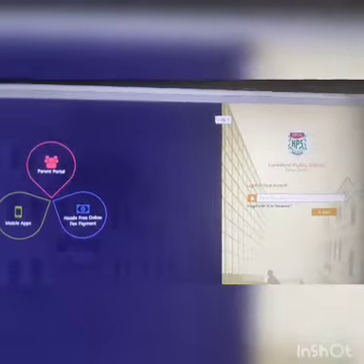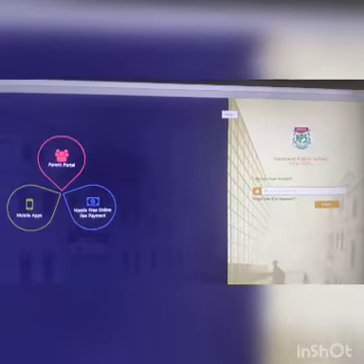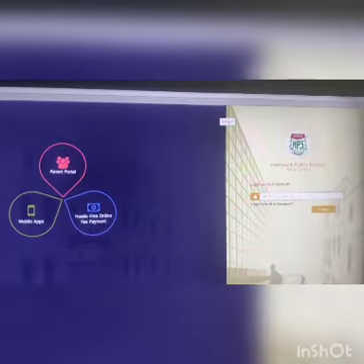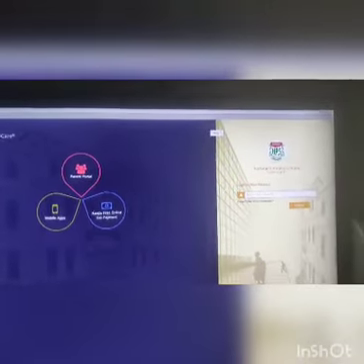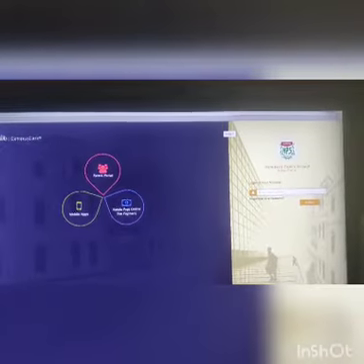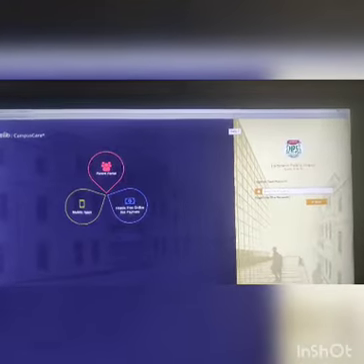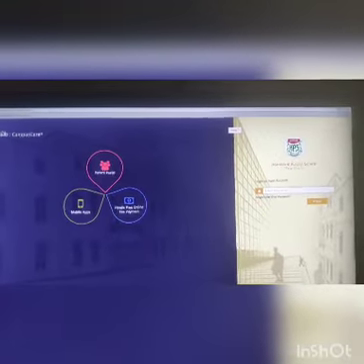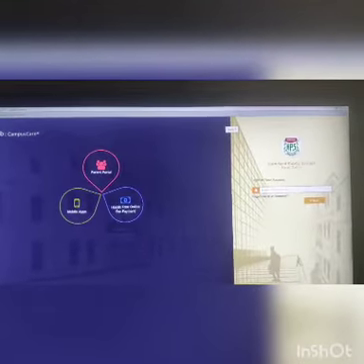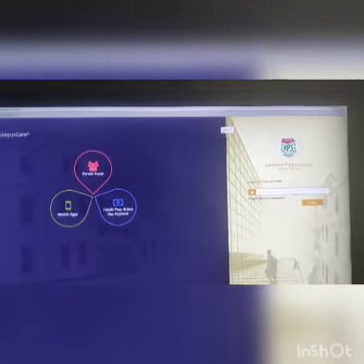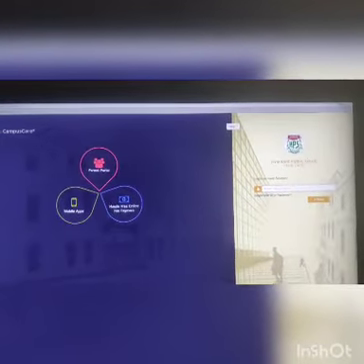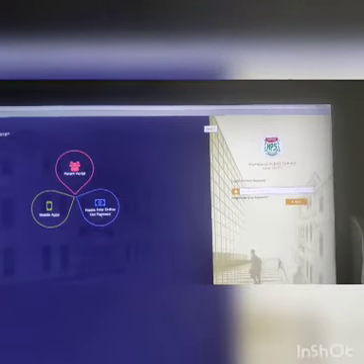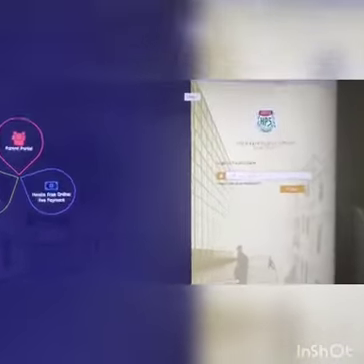Hello everyone, this is a recording for how we can access the assignment tab and upload the assignment, specifically for the class coordinators. As you could see on my system, I am in the Campus Care domain, which we get into when we have to do our mark entry. So here I am doing my login as the teacher.